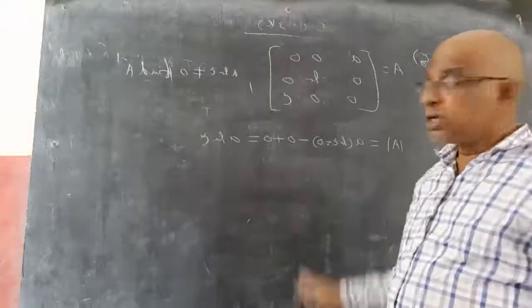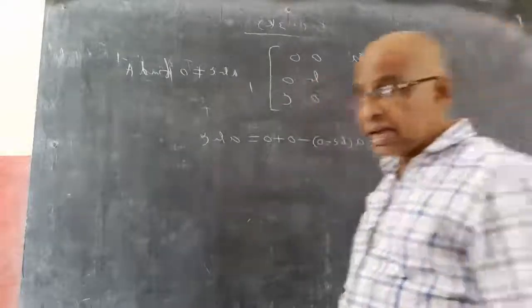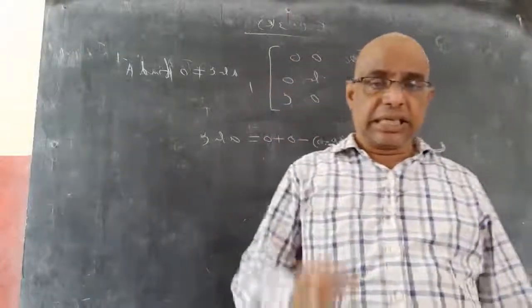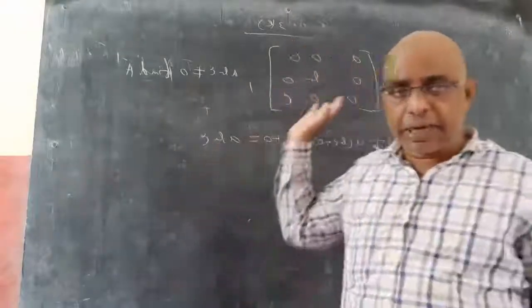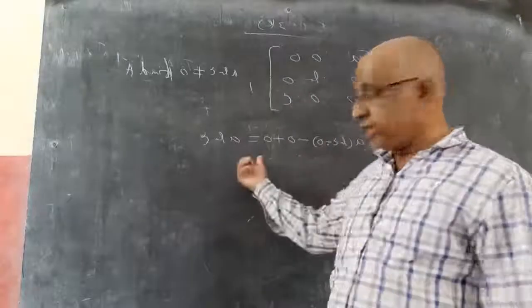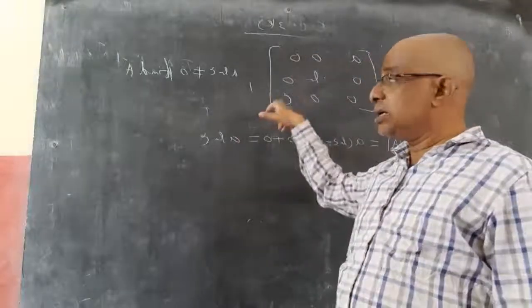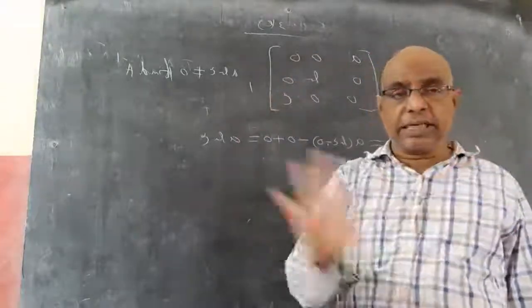So that's what I am saying. So always for a diagonal matrix, the shortcut for det A is to directly multiply the diagonal elements. No need to do all of this. Simply multiply the diagonal elements. A, B, C gives you the diagonal matrix determinant.